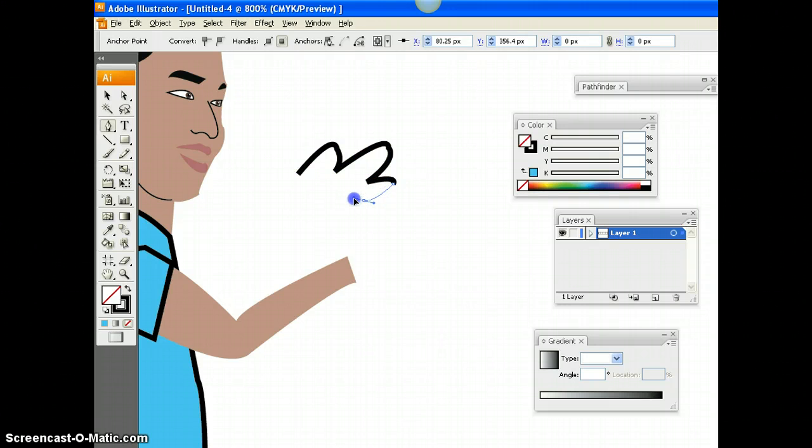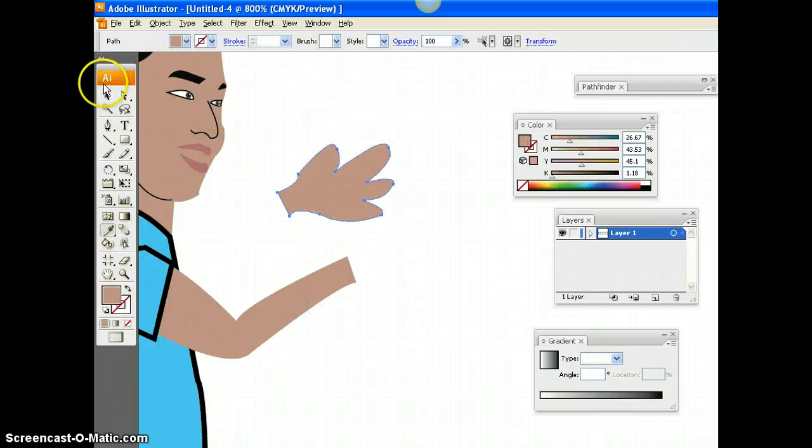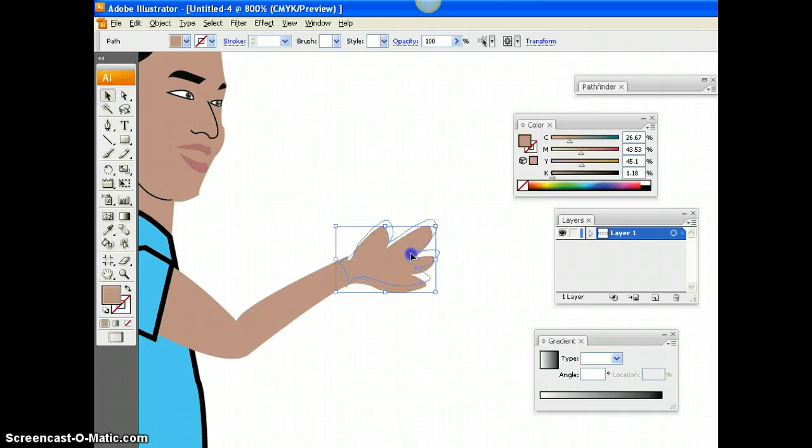Cartoon hands often have just kind of three fingers and a thumb, so I'm just going to do three fingers and a thumb, and that's going to be Kenny's hand. Just kind of end it there, bring it in a little bit. There's a hand. Okay, so let's use the eyedropper tool to give it the same effect as that, and we'll move it into place, and we'll just kind of resize it,